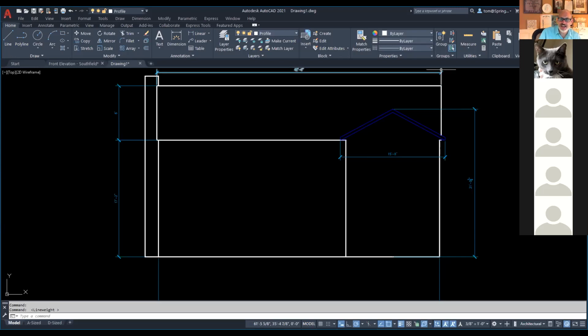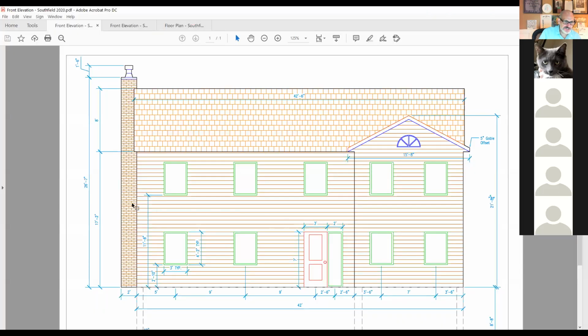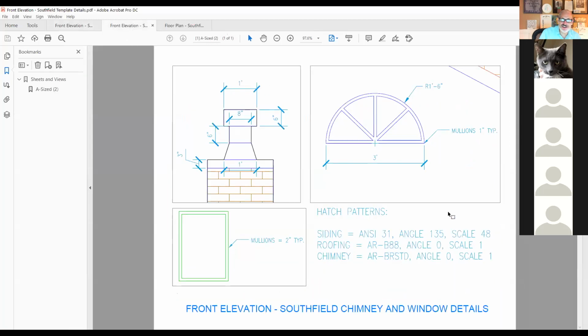What do you mean by hatching? Hatching means the patterns that are used to give realism to your drawing. In this case over here, this is a brick hatch pattern right here. You see the brick right there? That's a brick hatch pattern. And if I click on here, can you guys see these details right now? Yeah. Okay, so down here, you'll see that I've got a chimney right here where it's AR, BRSTD, angle